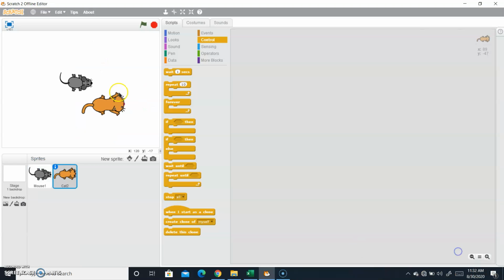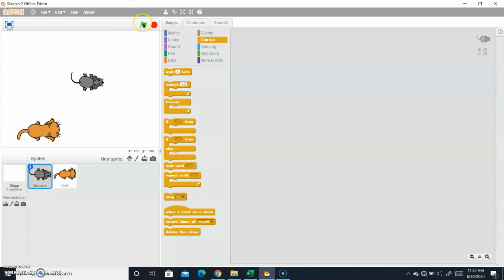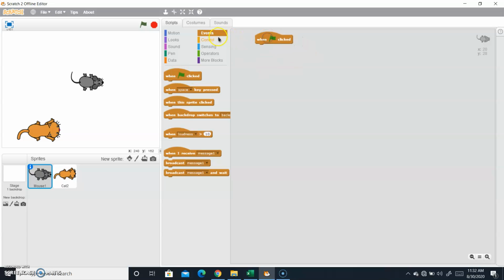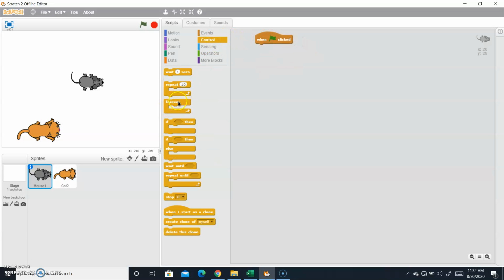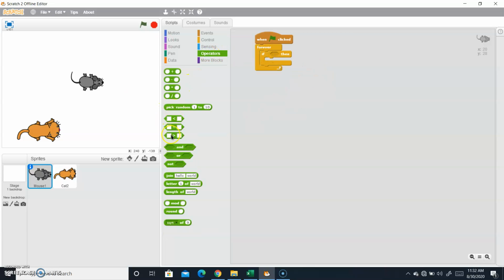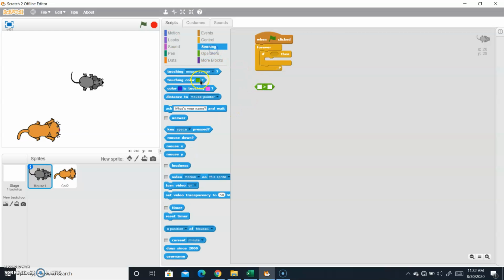So now what we have to do is, when we click on the green flag, we want the mouse to point towards our mouse pointer, and it will move towards our mouse pointer. So go to events and take the when green flag is clicked, and go to control, take the forever loop, and also take the if statement. And now go to operators, take the greater than symbol, and go to sensing and take